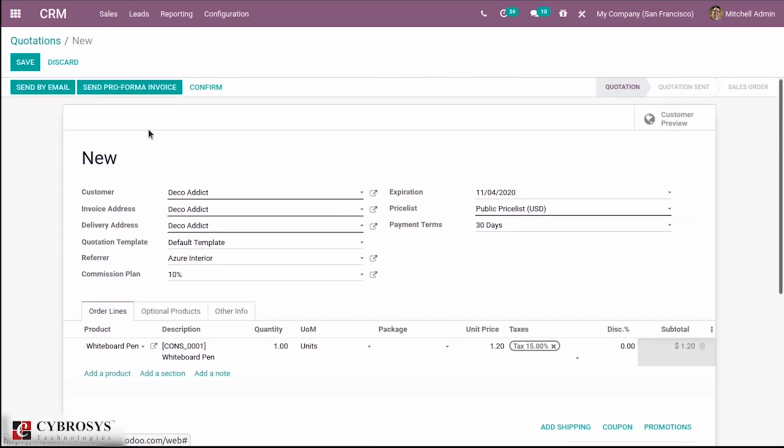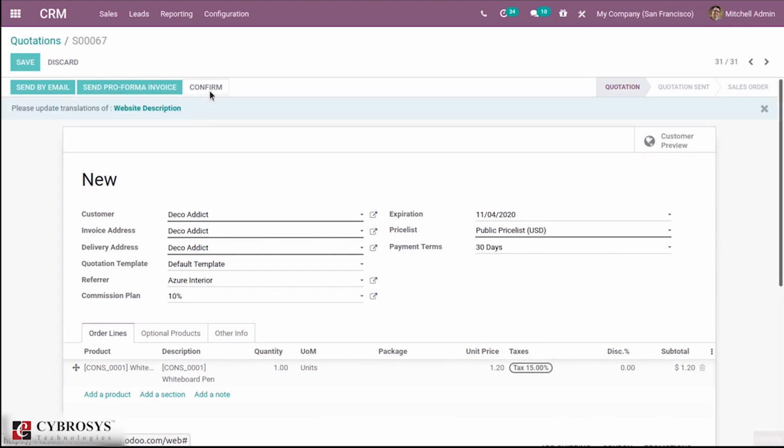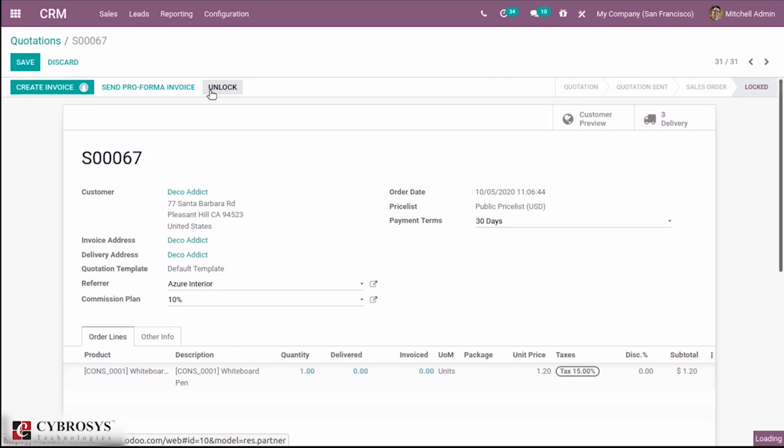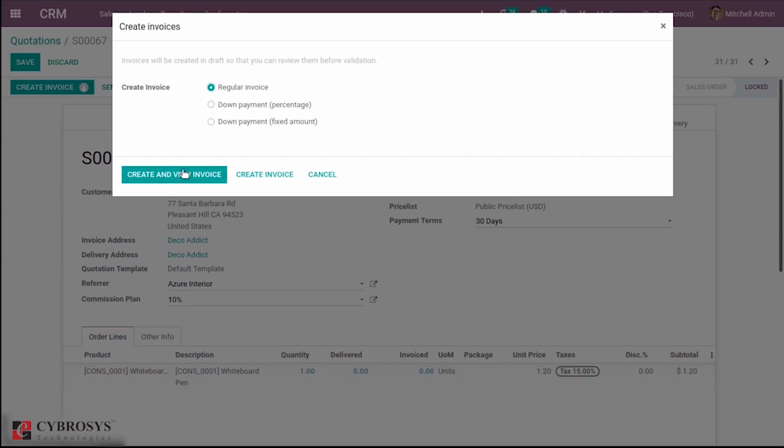After this, let's confirm this quotation. After confirming the quotation, let's create an invoice for this quotation.